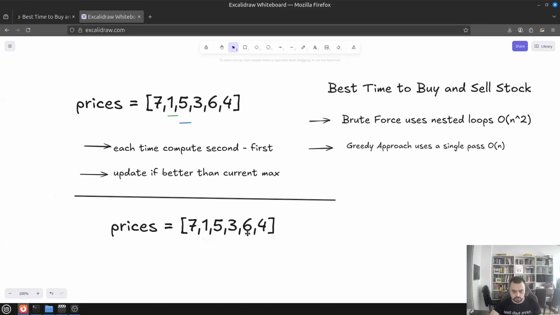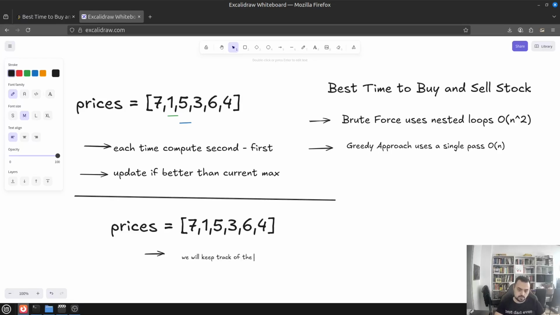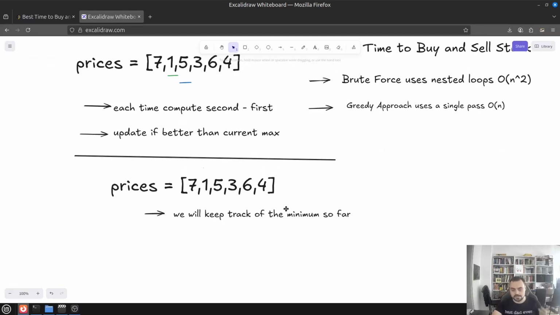So in greedy approach, we'll use a single loop, and instead of comparing all the possibilities, we will keep track of the minimum so far and only compare with the minimum. And that's the whole idea about greedy. Greedy is all about minimums and maximums. So that's the whole story. Only compare